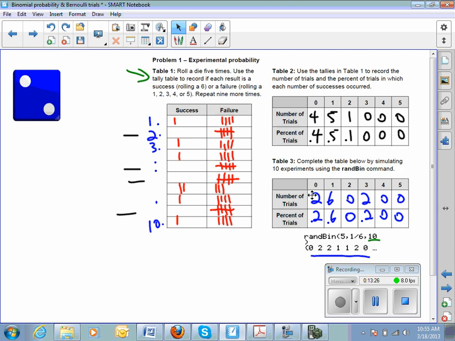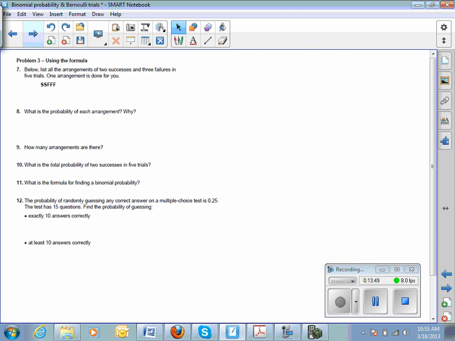So both of these, even though we did one with the calculator and one by rolling the die on the smartboard, they're both still experimental probabilities. And so what we'll look at next are the theoretical probabilities associated with binomial probabilities in Bernoulli trials. All right, so when I switch this page, we're actually skipping a page on the first section of that document because I didn't like the order in which they did it. They actually went straight to using the calculator to do the theoretical probability, and I wanted to develop that formula first. So that's why things look a little different here. I've got things out of order.